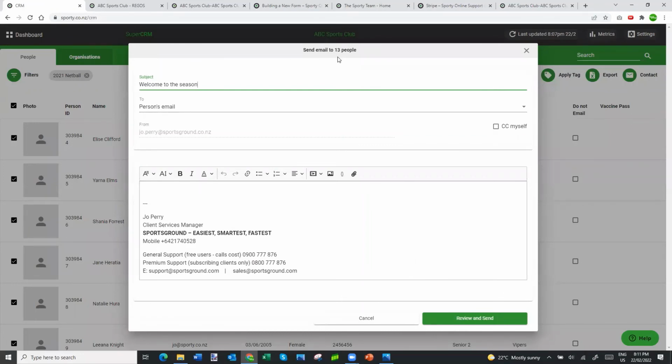They only see their own email address. It gets added to their timeline automatically as well. And it keeps a record of what was sent to them so that anyone else that's involved with your organisation as an administrator can see that contact over time. All right, so